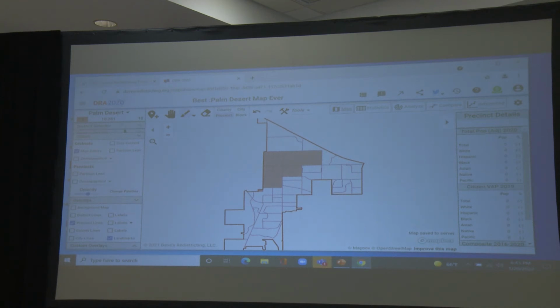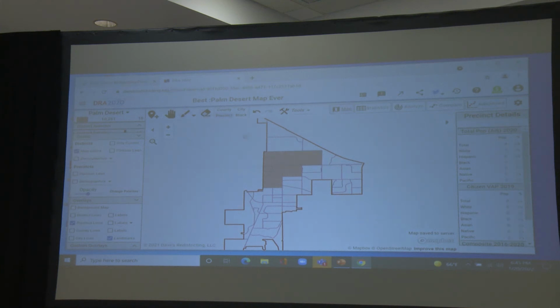In the district selector pane, you can toggle between District 1 and District 2. You actually have a box to check for the district that you're trying to draw. So I'm done with District 1, I would move on to District 2. And then I would add the various places that I want to be in District 2. Now, say I added a block that I wanted to remove, I would just simply click over here on the